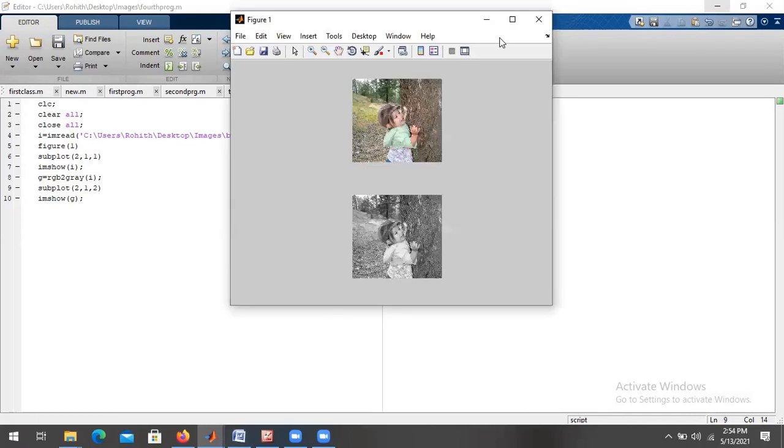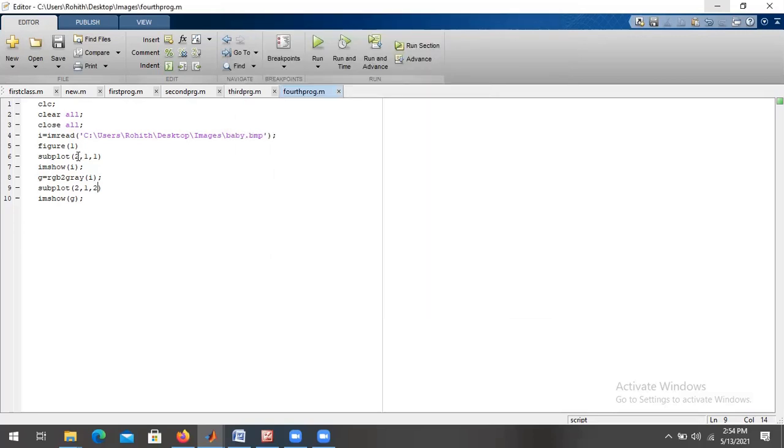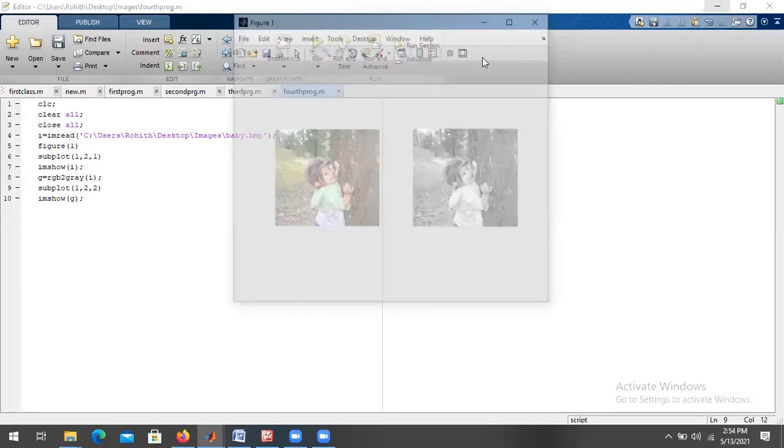This is how you can see it in vertical. So in one figure only, I'm trying to adjust both. If you want to go with horizontal, you can write it here. This is the number of rows and columns. Based on that, you can write like this also. So like this, guys, to convert RGB to gray.